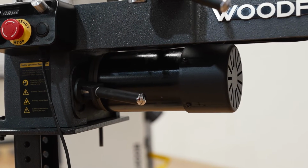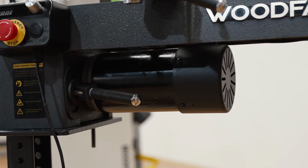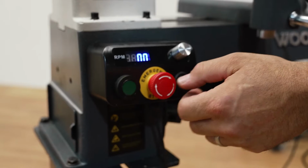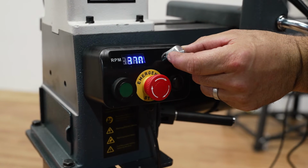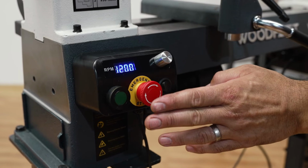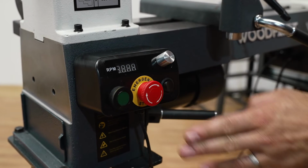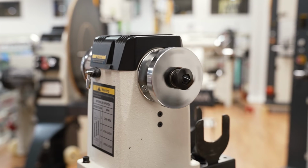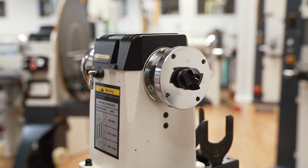This motor provides all the power you will need for a broad range of turning conveniently anywhere along the base of the lathe. The control box has a digital readout so you can manage the speed of your lathe easily and safely. It also features an emergency stop just in case. The lathe spindle will rotate in both the forward and reverse direction, providing you with the flexibility you need for